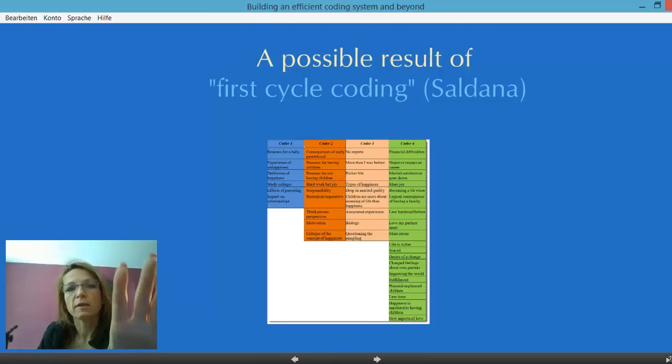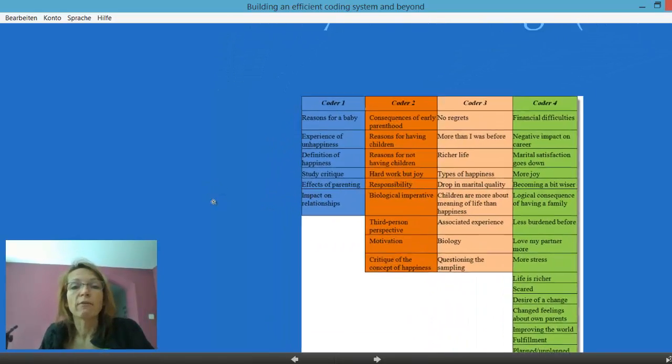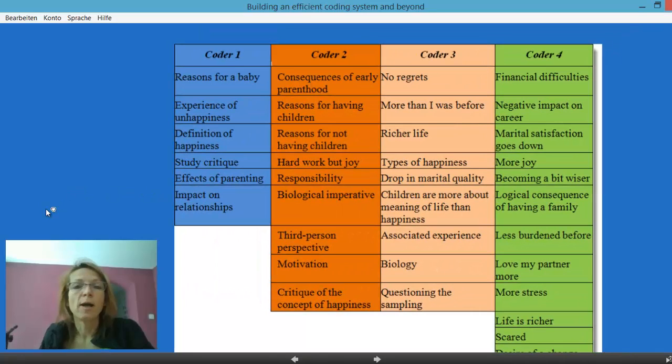So the first result of this first coding could be something like this. Johnny Saldaña, I'm not sure how to pronounce him correctly, calls this first cycle coding, and I do like this idea of cycling, because you will go through not just one and two cycles, you probably go to a third and fourth and maybe even a fifth cycle. We can look at some of the codes here, but what this list should actually show is that